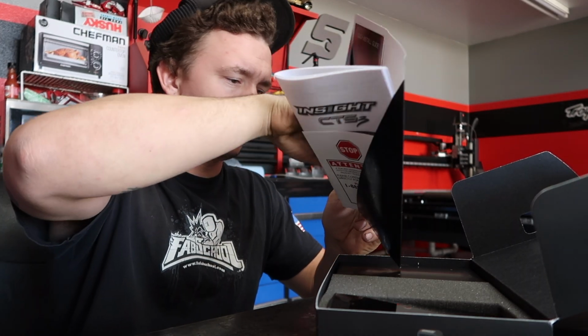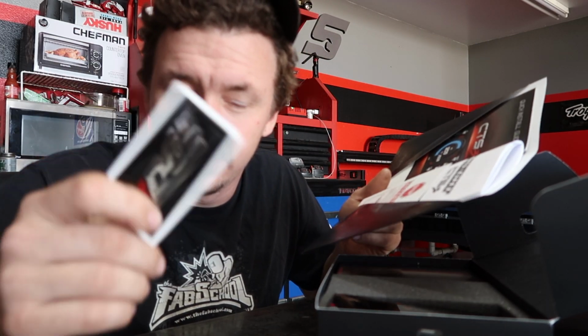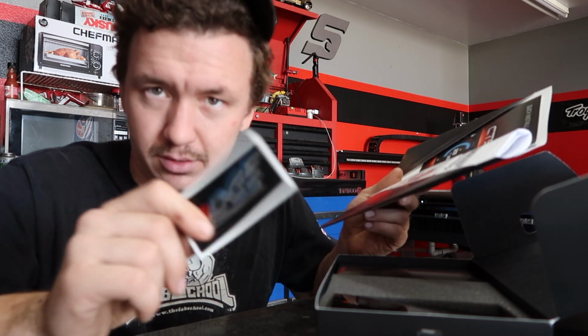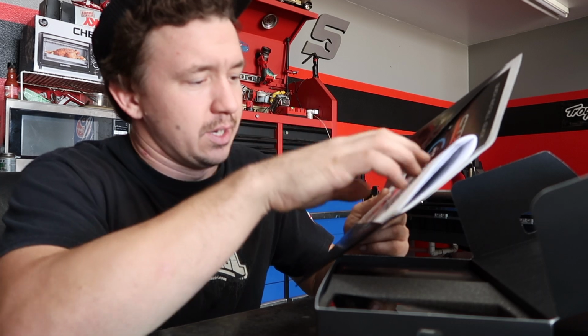We got a sticker, good old Edge sticker. They have always, as much as I like the monitors, I will say about the tuning stuff, not the biggest fan, but their stickers are good quality. Anywho,